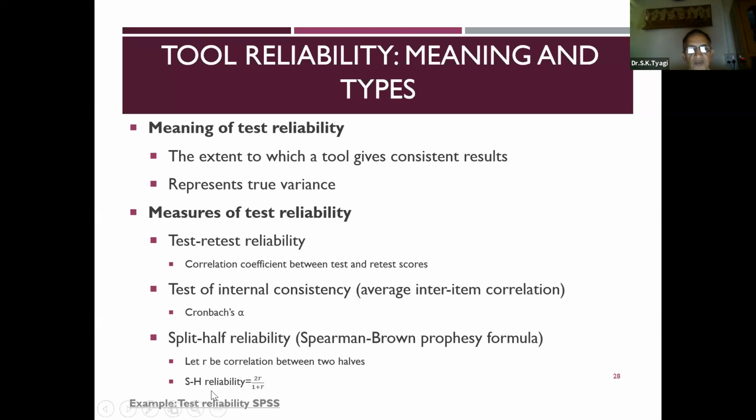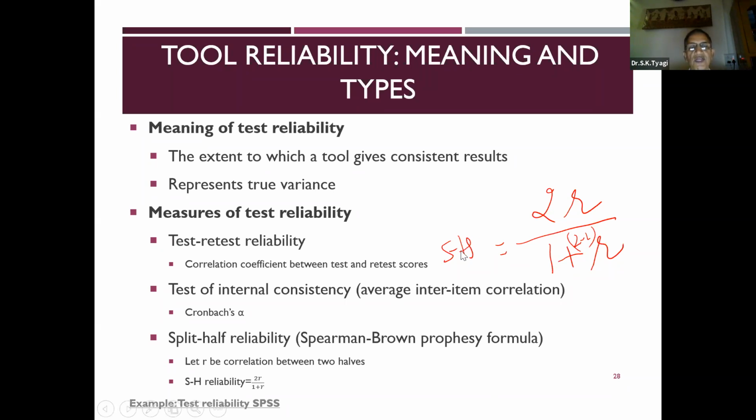Then using the Spearman-Brown prophecy formula, the coefficient is 2R divided by 1 plus R, where R is the correlation between the two halves. This is the split half correlation coefficient, because there are two parts.